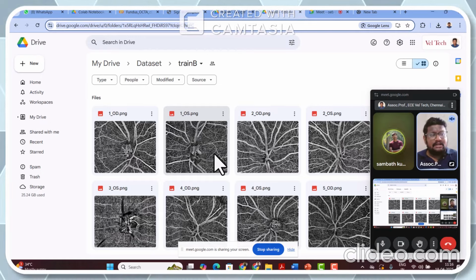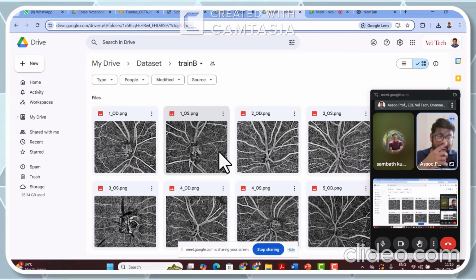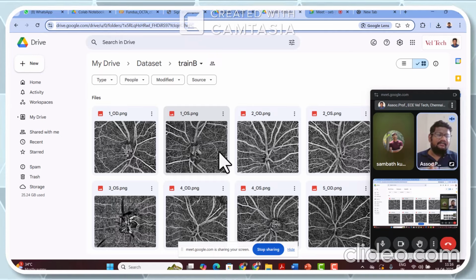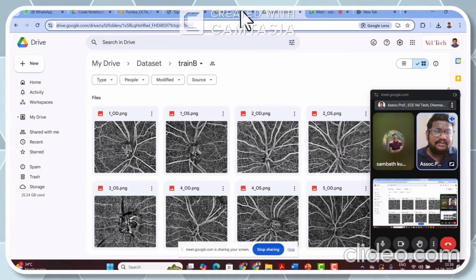So when I discussed with the doctor, he told me that both hold complementary information in diagnosing diseases like diabetic retinopathy and age-related macular degeneration. So far, doctors have been using fundus mainly for diabetic retinopathy diagnosis, and if they want additional information, they can go further. The highly developed hospitals will have the OCTA imaging modality, the cost being 20 lakhs, around 25 lakhs. Whereas if you see a fundus camera, the cost of the device is around